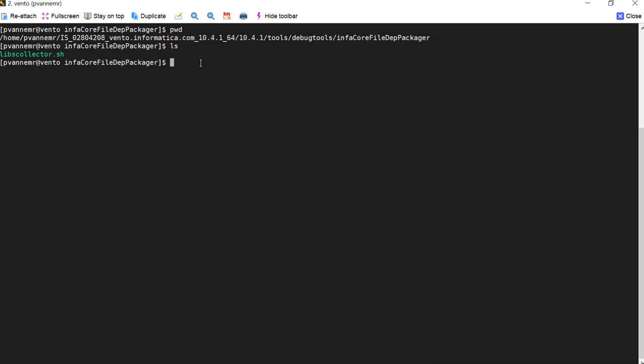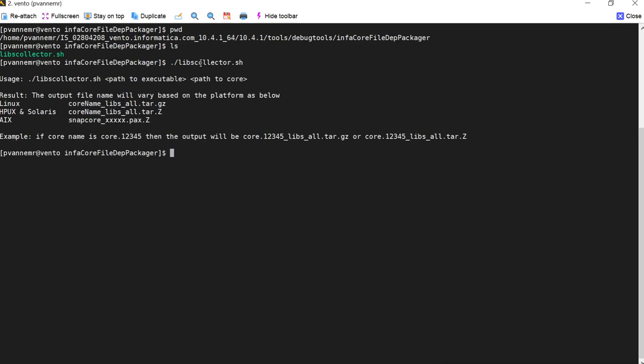So here I'll just be executing this particular script now. Once I execute that, you can see that we have to pass two arguments, which are the path to the executable, and then the path to the core. So we are going to run LIPS collector on the particular core which I showed you some time back.